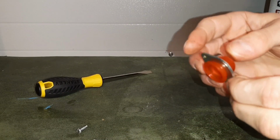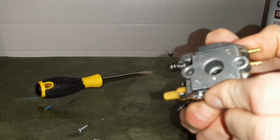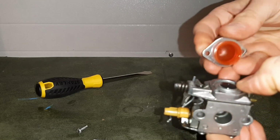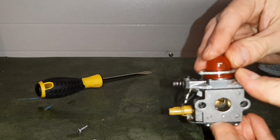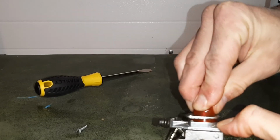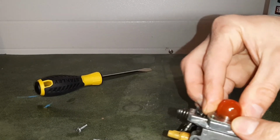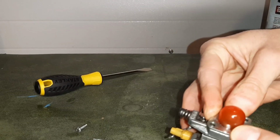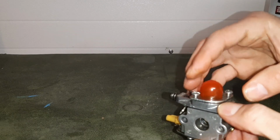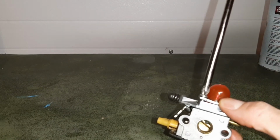Before putting my bulb back on, I like to separate it from its gasket a little bit. This way I make sure my bulb really sinks in and forms that seal. When I do this, I'll put some pressure with the bulb and it'll click right into place, forming that seal before pressing down its gasket and putting in the screws. Now I know my bulb is in place. I've got the gasket on top. I'm just going to press that gasket down, start tightening down those screws,